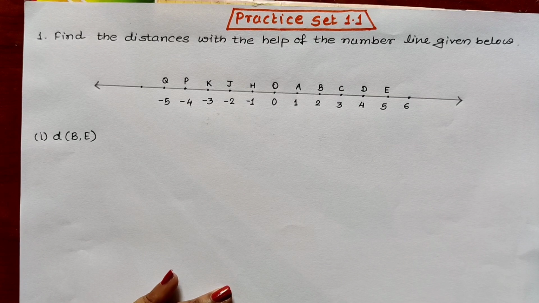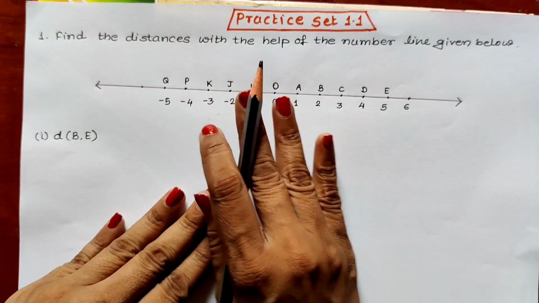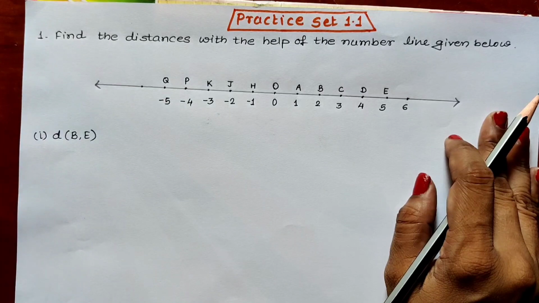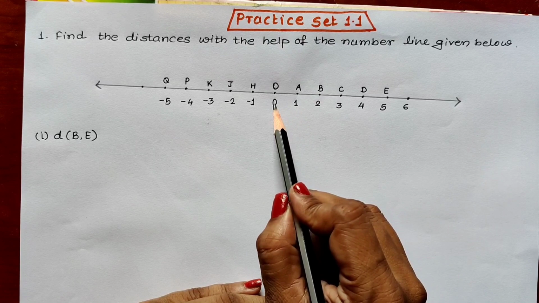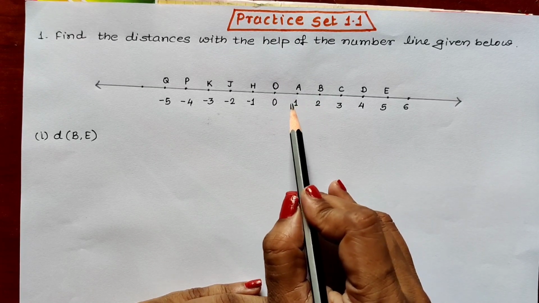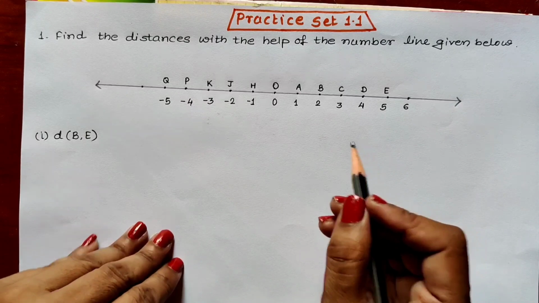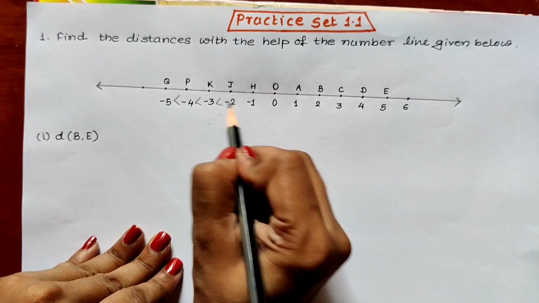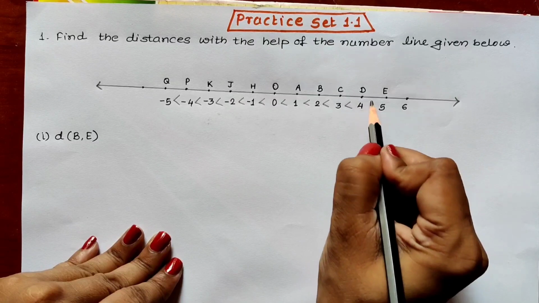Children, we all know we have been studying number line from our 7th standard. We all know as we go on the right hand side of the number line, number goes on increasing, and when we go on the left hand side of the number line, number goes on decreasing. That means what? This 1 is bigger than 0, 2 is bigger than 0 and 1, and all the numbers from the left hand side. So simply if I put a comparison sign here, for example here I am putting this comparison sign like this. Okay, everywhere we can put this comparison sign like this.